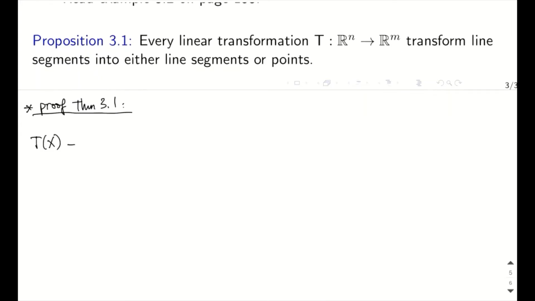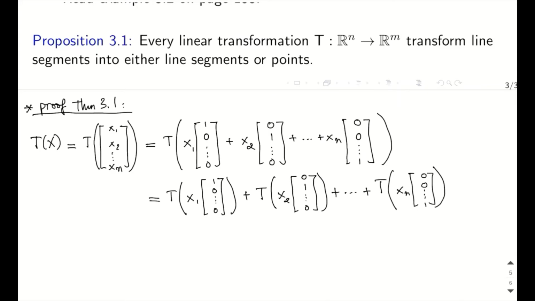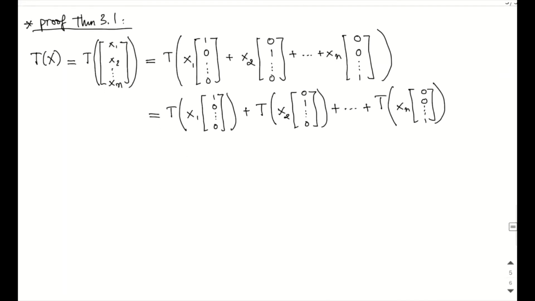So Tx is in fact T of a column vector. Now, next we are going to split this vector into the sum of simpler vectors because T preserves the addition property. So this is going to be the next step, because T is a linear transformation, it also preserves the scale structure. That means T of x1 times a vector is going to be the same as multiplying x1 with T of that vector. So we can pull x1 out in front of T. Similarly,